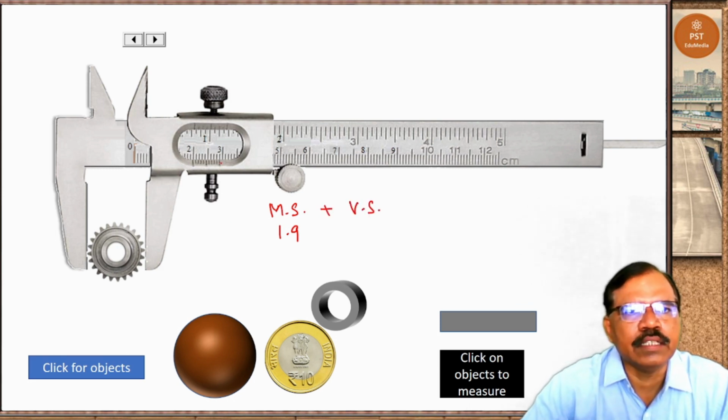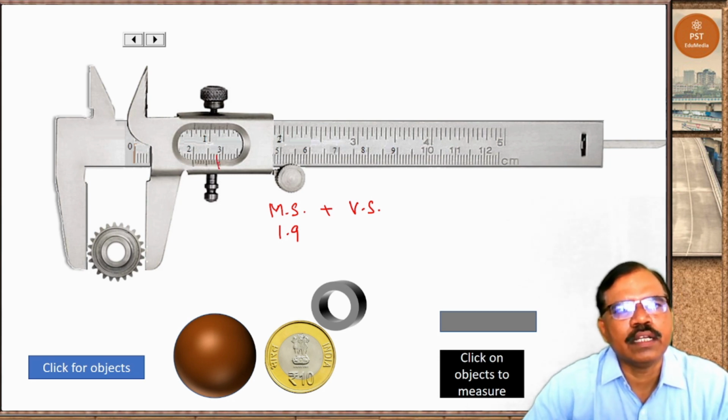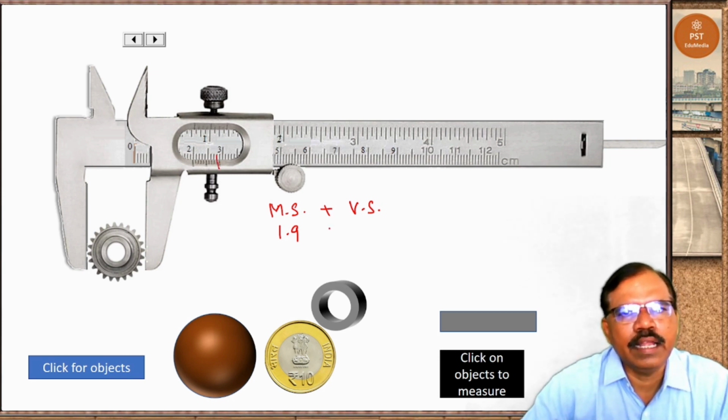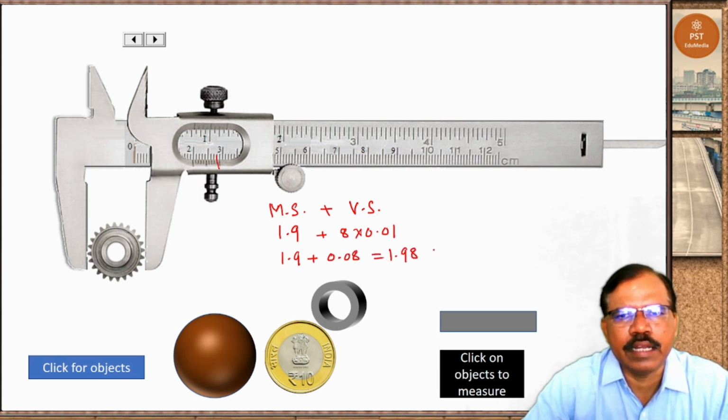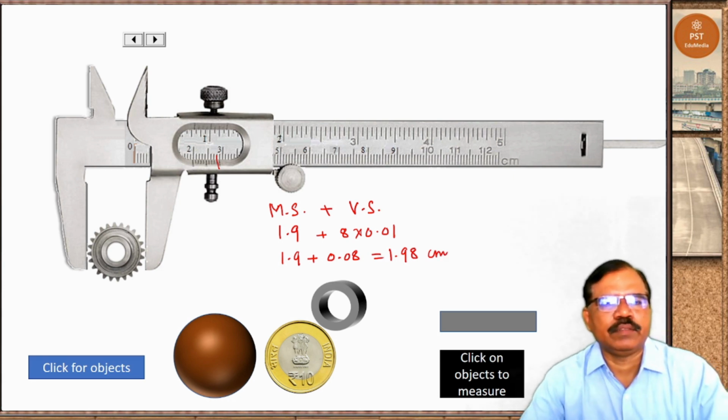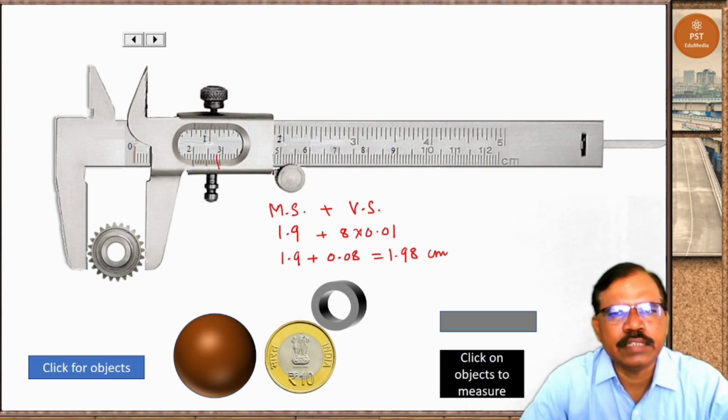Now if we see here coinciding lines, you will see this line coincides. So here the 8th line is coinciding. So here 0.01, so we'll get here 1.9 plus 0.08. So it is 1.98 centimeter.